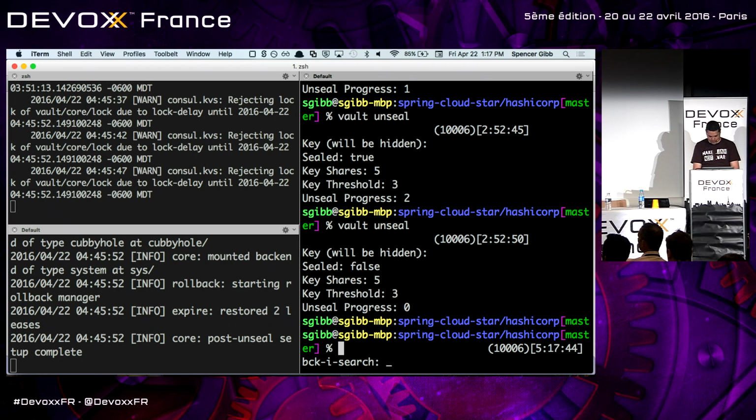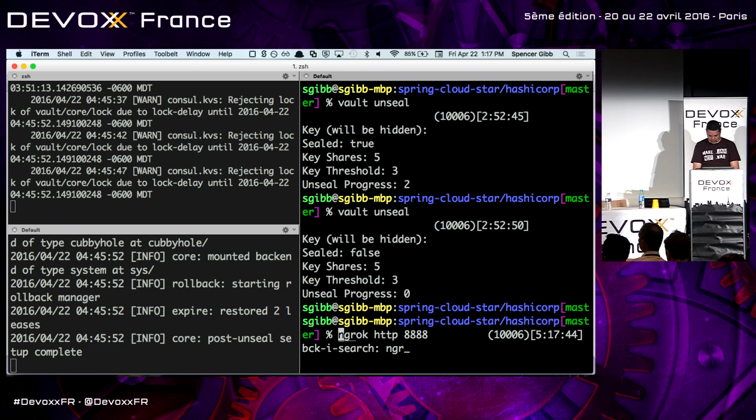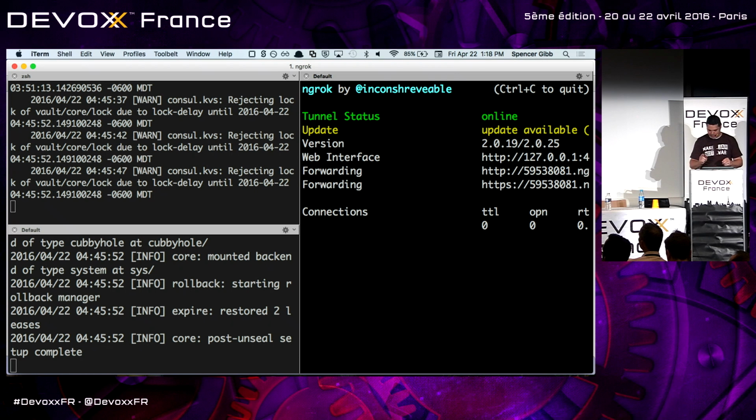So now the thing I'm going to try is, has anyone heard of ngrok before? It's this cool little proxy application. So I'm going to run this, and what has happened is I've connected to a server that ngrok maintains, and they are going to proxy back to this laptop. That makes sense?